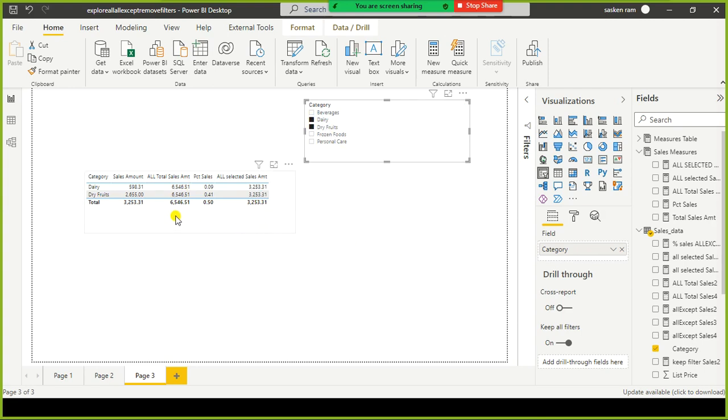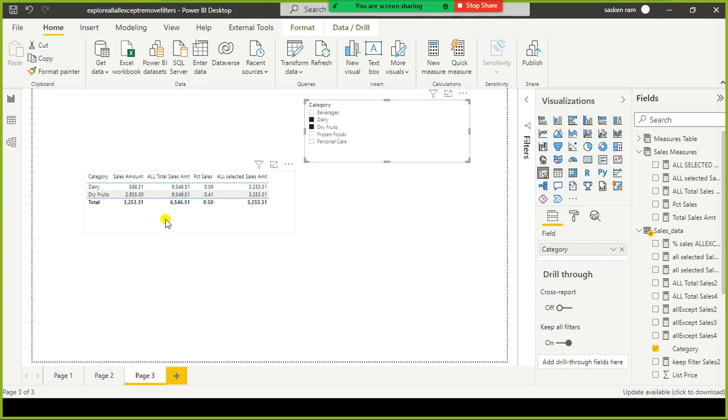You can see it very clearly. The ALL function removed the external filters applied on this table. It still shows the overall total, though we selected only these two categories. It shows the total sales amount for the selected as well as the unselected categories.